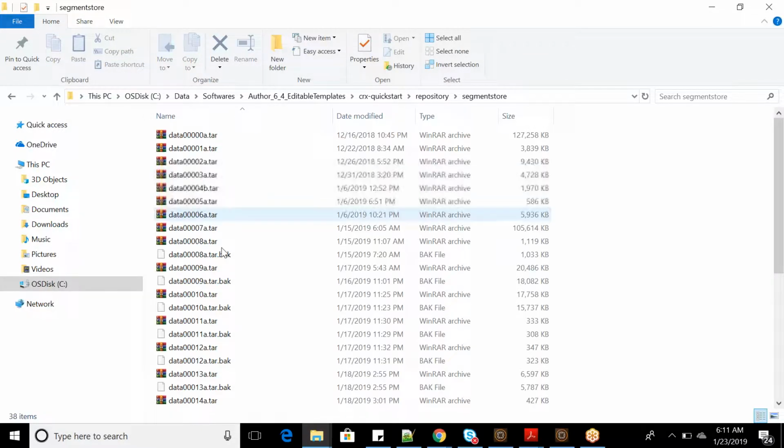You will see here some of the tar files. Okay, data a.tar. Tar means tape archive file. These are the Unix based compressed files which got generated, and your data will be saved here. Okay, we'll come to this point when we talk about the JCR, how data gets stored in the